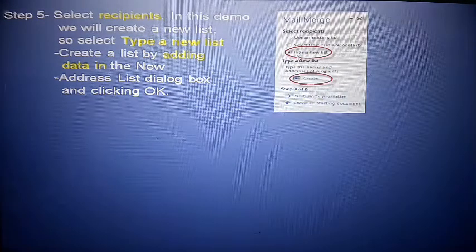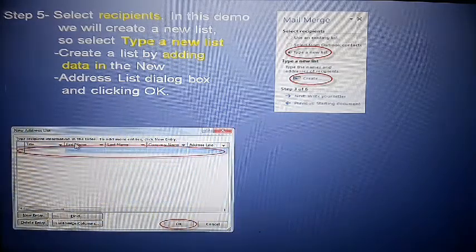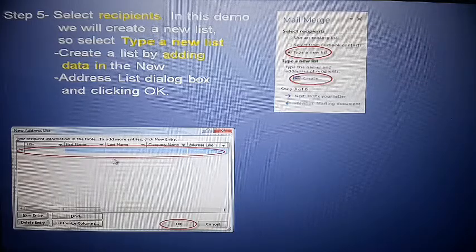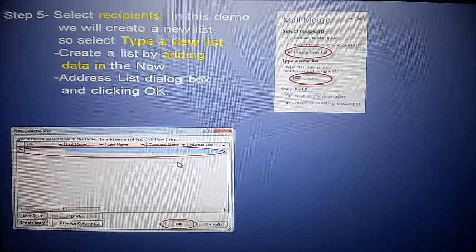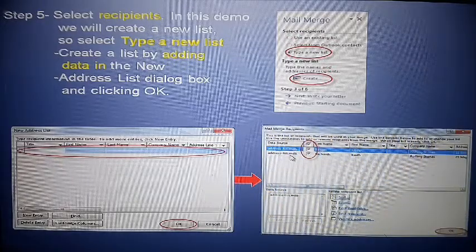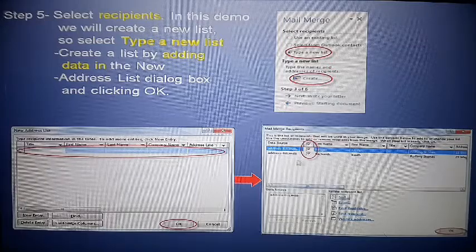So here type a new list and create a blank sheet here. Here you fill in the first name, last name, company name, whatever the address, which information you want we can select and complete here. Fields like this: address, name, first name, last name, title, company name, and address. So all the information I fill in here.